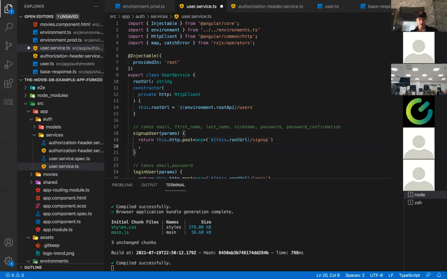So on every one of these methods, I'm going to write dot pipe, and for now I'm going to write map data equals